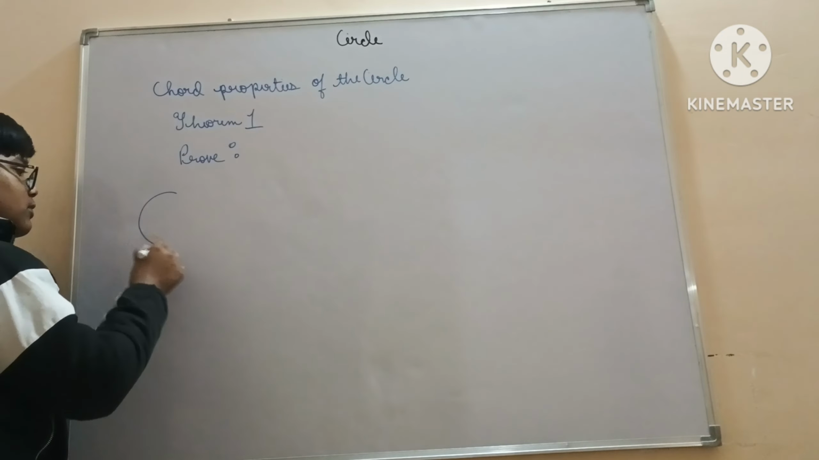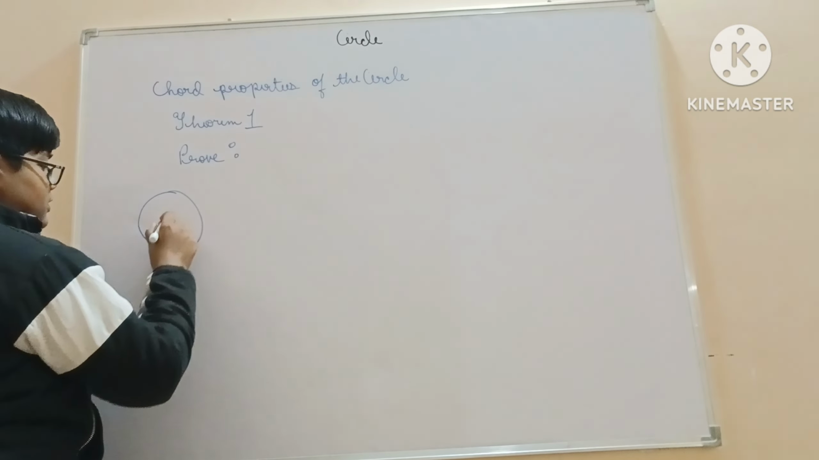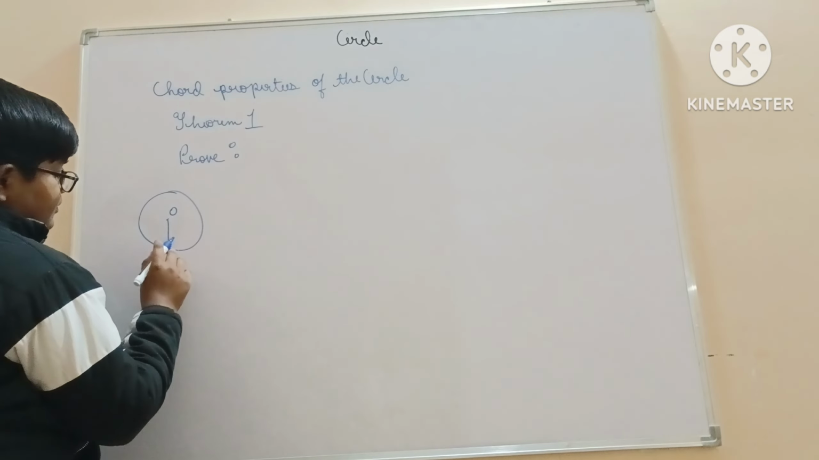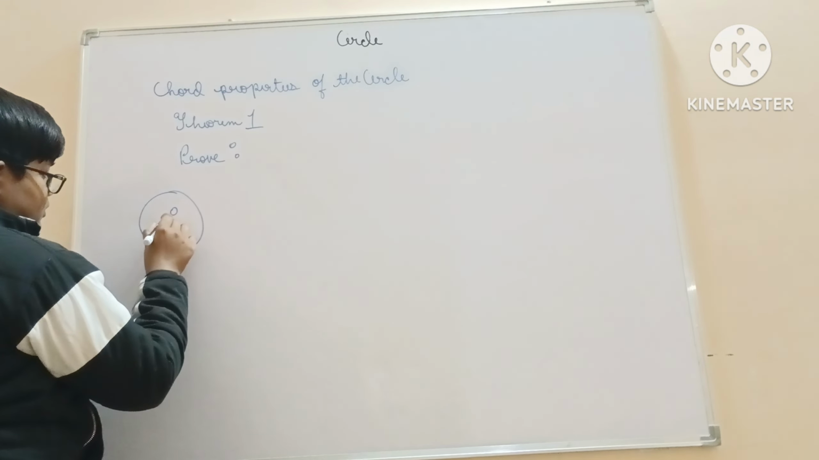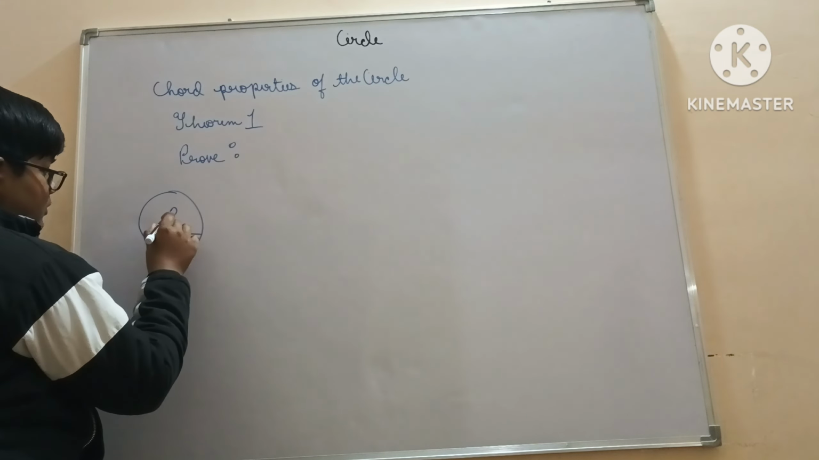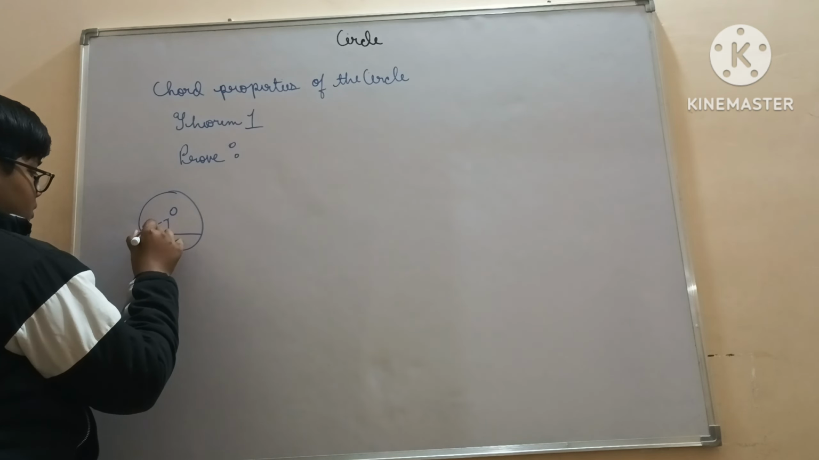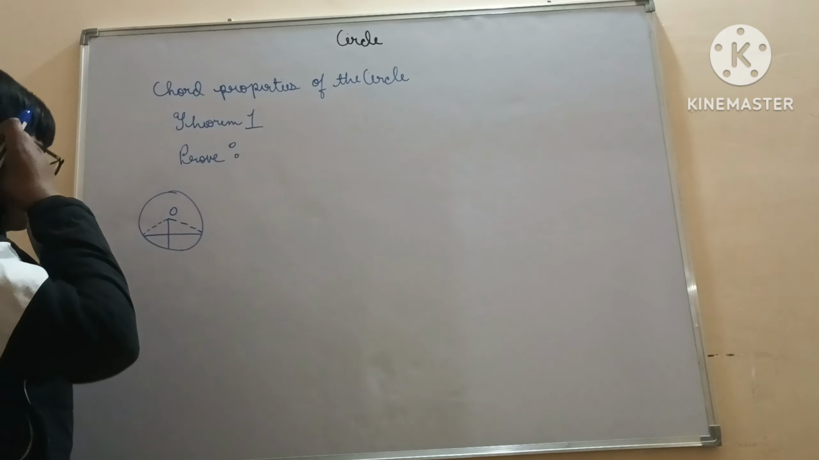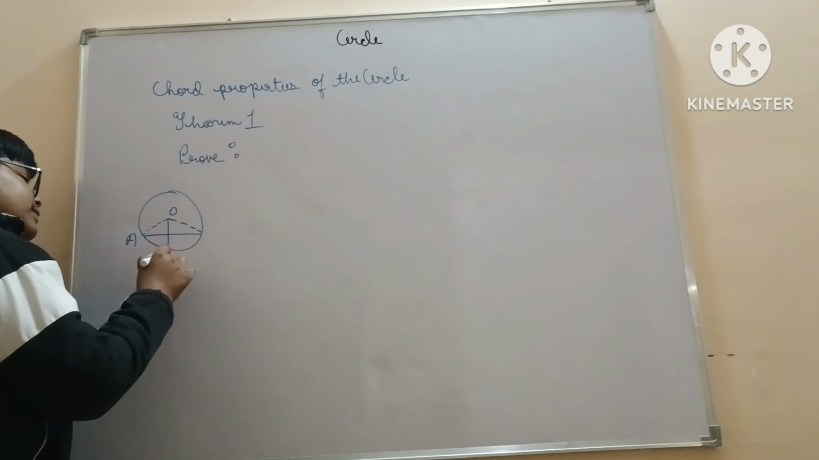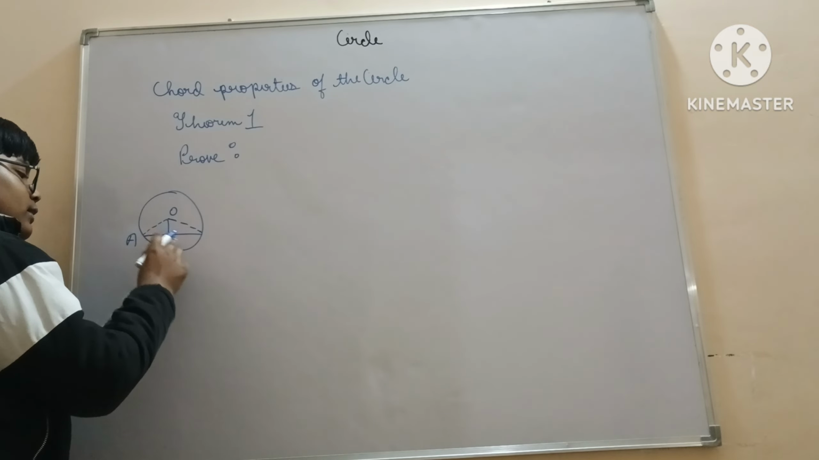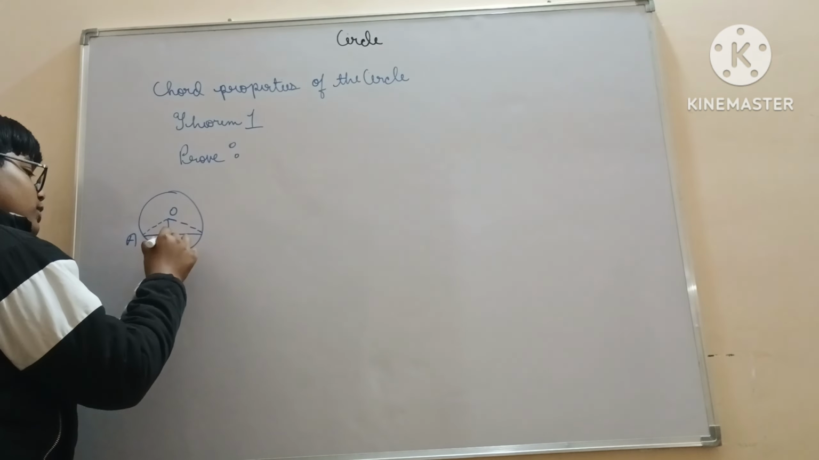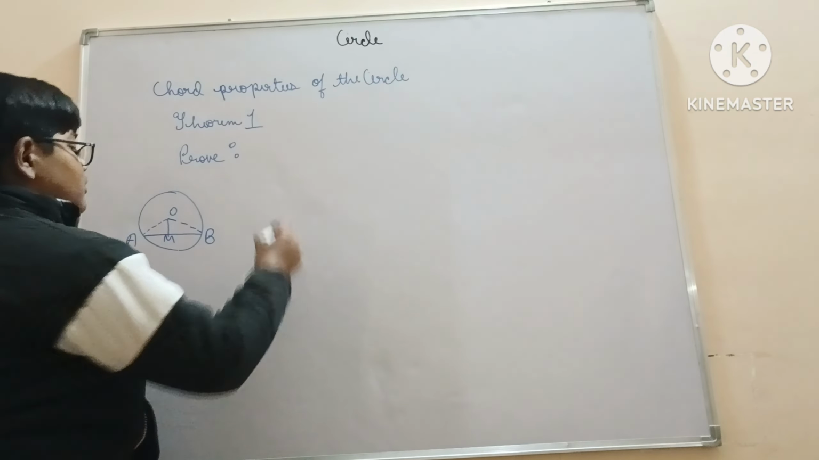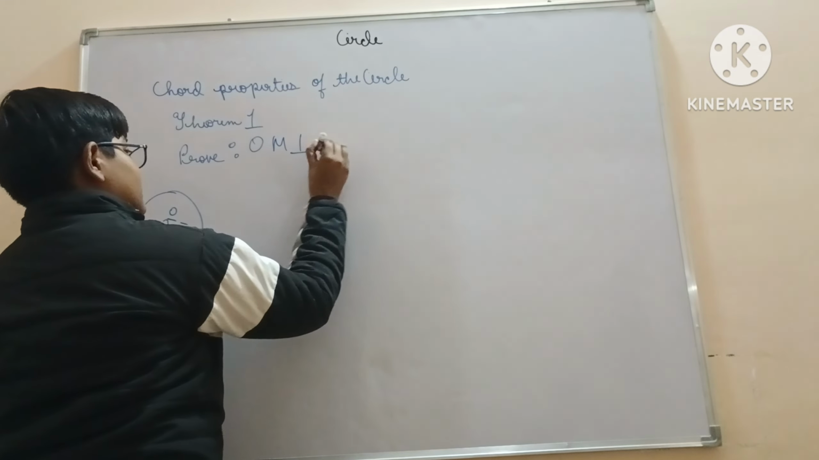Consider the circle. This is the center of the circle, O. This is the chord drawn like this, and these are two lines touching the boundary of the circle from the center, which are known as radii. Now we have to prove that OF is perpendicular to AB,